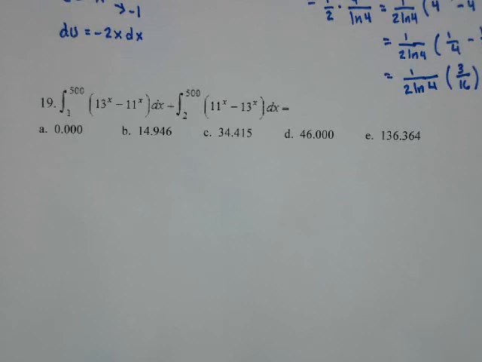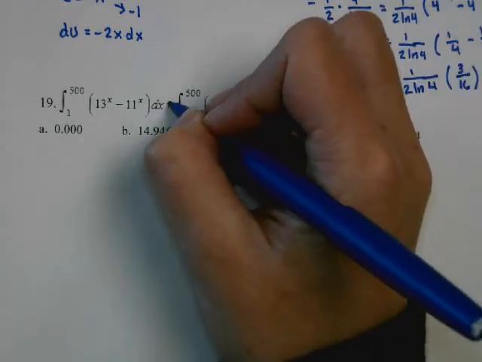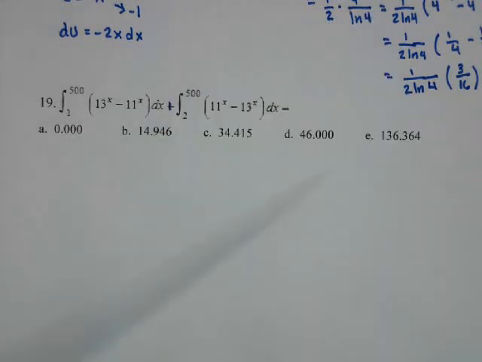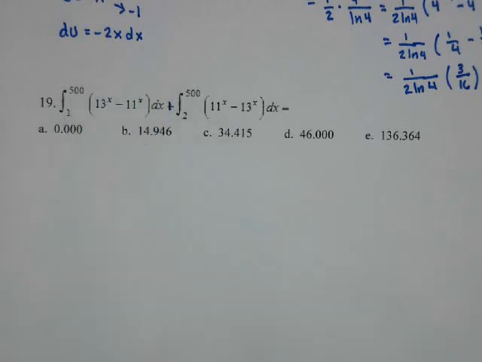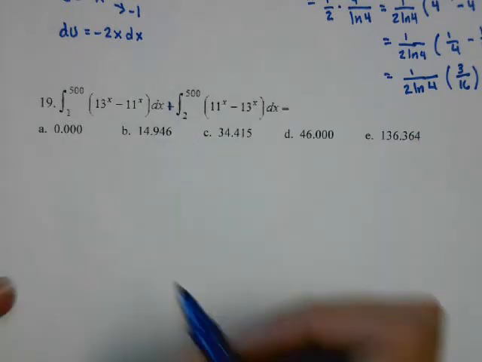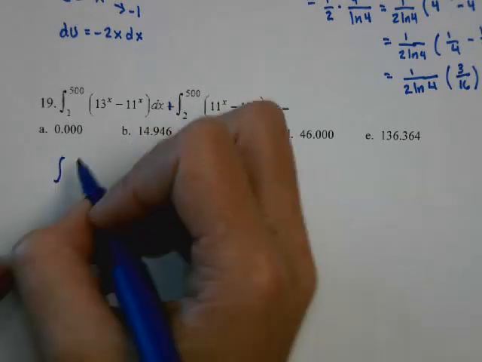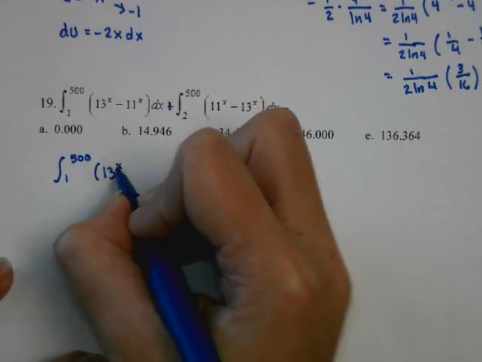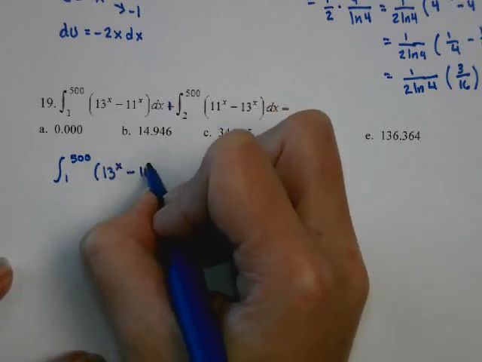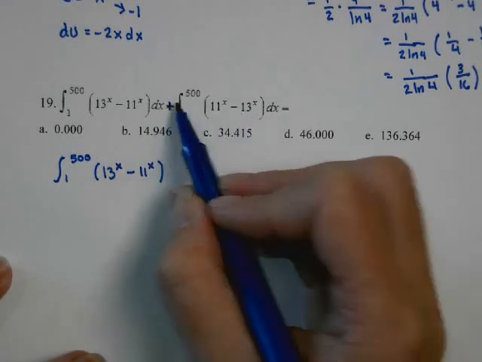So here we're going to evaluate this integral. The issue is we're going to have to use the calculator to do this. But the calculator is not going to handle an integral from 1 to 500 of an exponential function. It will be too big. So we're going to have to simplify this using rules of exponents. So I'm going to rewrite this problem as the integral from 1 to 500 of 13 to the x minus 11 to the x. This is a plus,